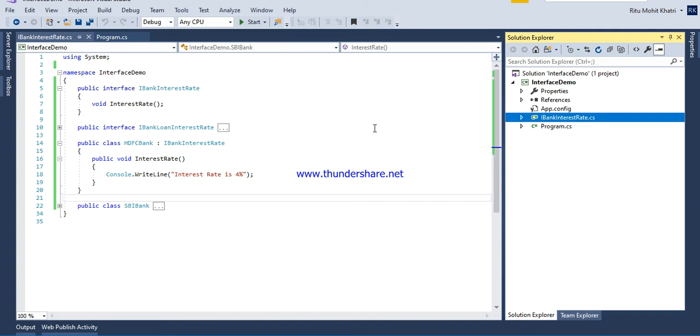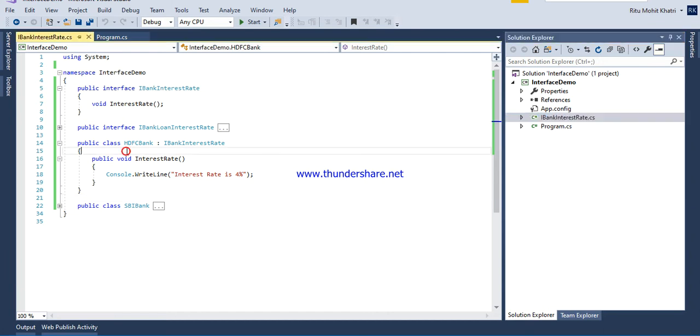The interest rate is normally different from bank to bank, and here in our application the HDFC bank class is providing an interest rate of 4%. For that we have created one interface named iBank interest rate, because this is the common method, common interface.